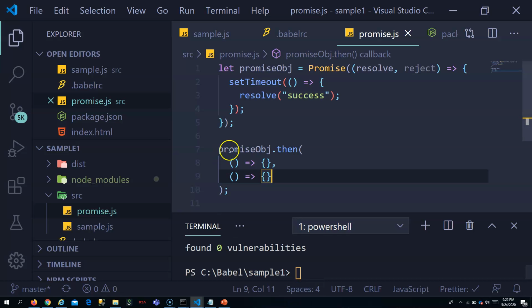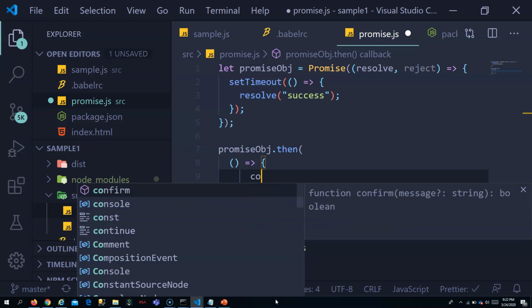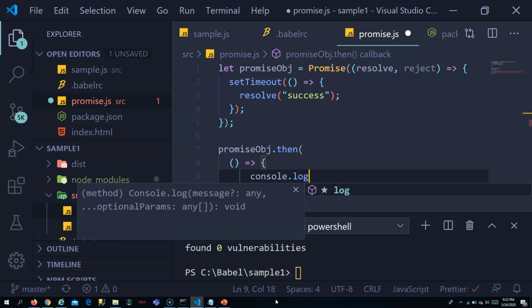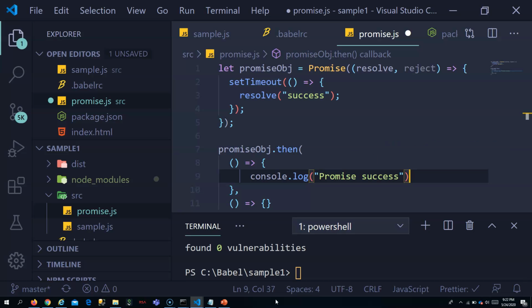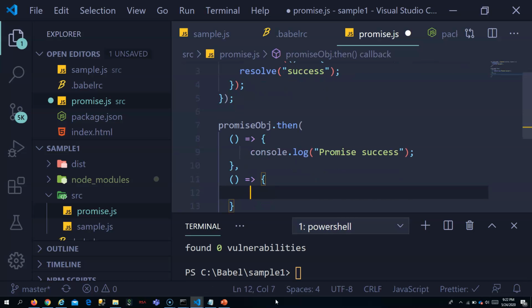Now for success, let me console log promise success, and for failure, let me console log promise failed.